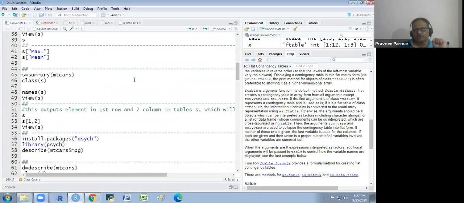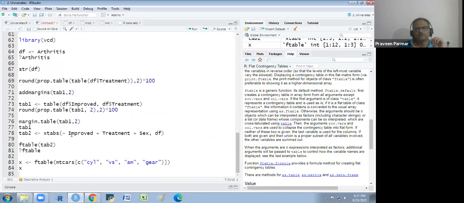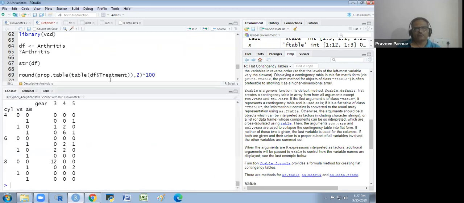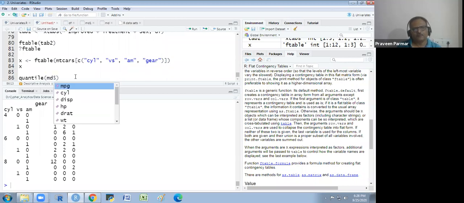One more thing I would like to explain: if you want to know about the quartiles, you cannot find the first and third quartile directly here. So you have to use the quantile function, quantile of mtcars dollar mileage.